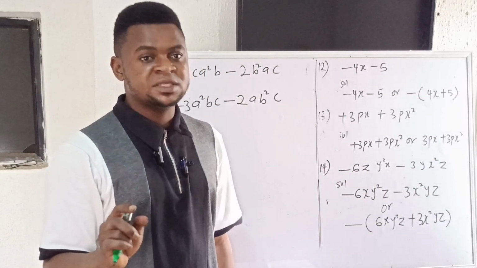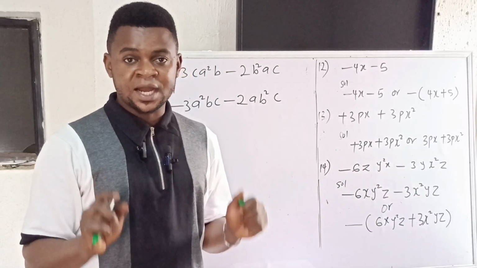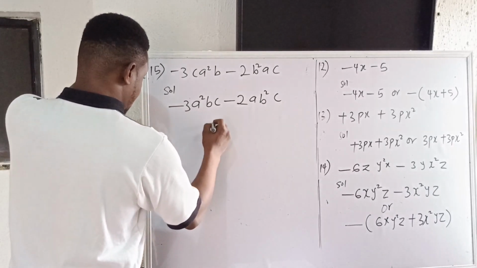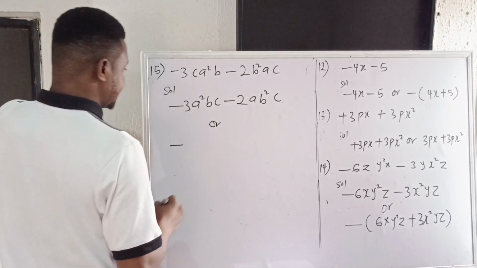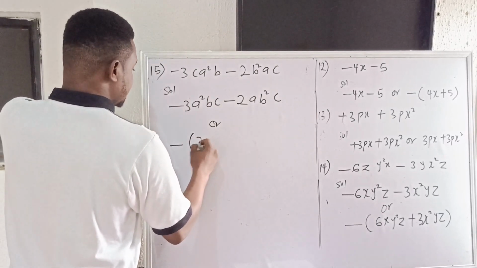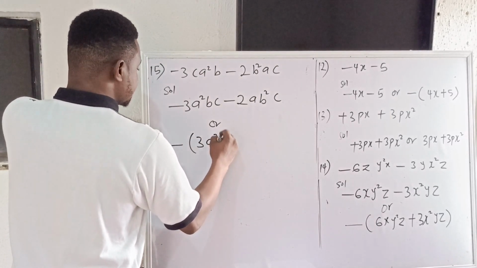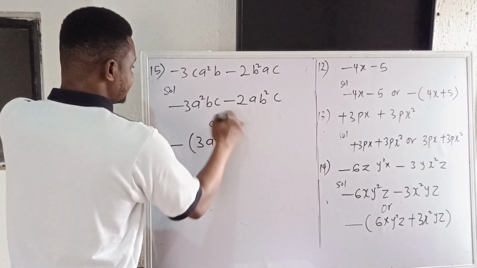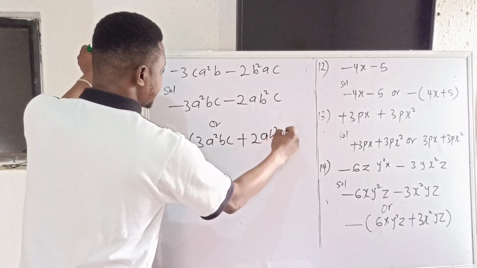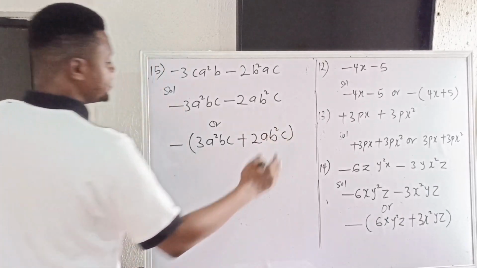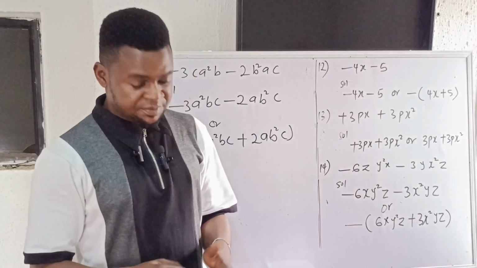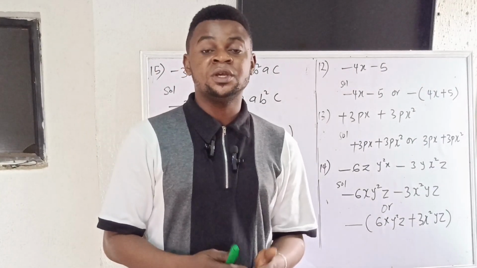So since the variables are not similar, that means it's not possible for me to add nor subtract. So that means my answer can also be this, or I'll factorize minus out, then use minus to divide minus. So I'm going to have plus, and I have 3a squared bc, then minus divide minus, I'm also going to have plus, then I have 2ab squared c. So this is how simple these things are. Okay, so please, whenever you're given any algebraic expression, first thing for you to do is to look out for